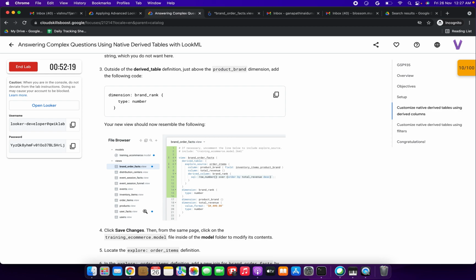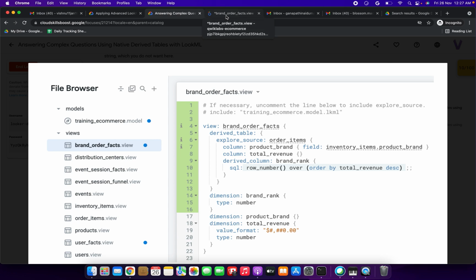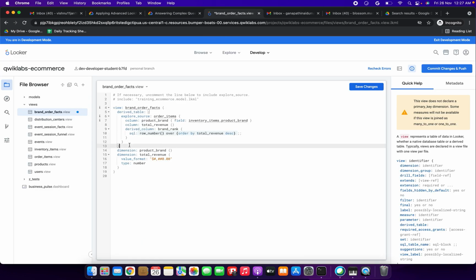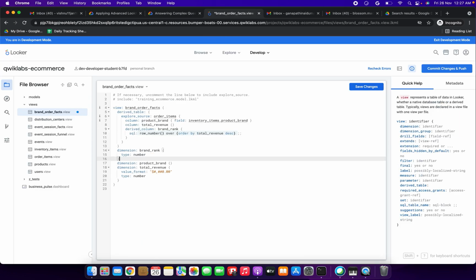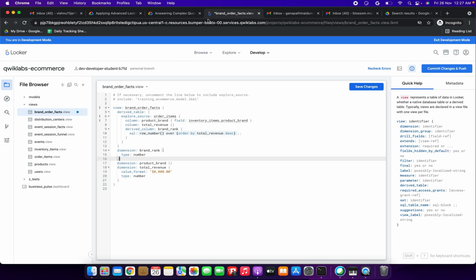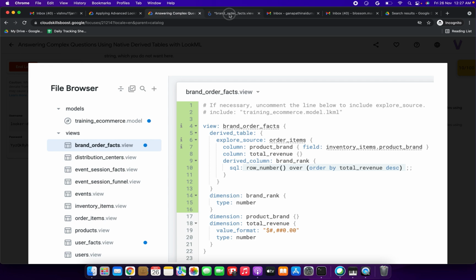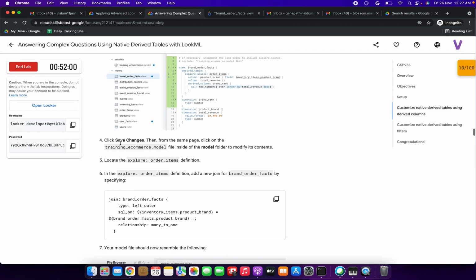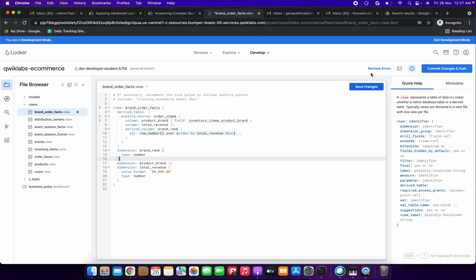Great. And next we need to update the dimension brand rank, right? I am going to copy the one outside of the derived table definition. I am going to update it here, dimension brand rank. So I have updated it correctly outside of the derived table. Now we have done it correctly. I am going to click save changes, friends. So just click save changes,